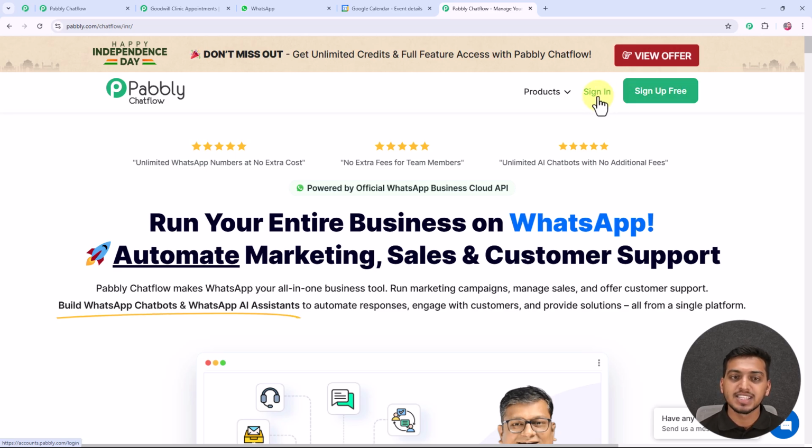So if you are an existing user, then you have to click on this sign in button. But if you are a new user to Pabbly Chatflow, then you have to click on this sign up free button, and from this button you can create your free account. For your information, let me tell you that Pabbly Chatflow gives every new user 100 free credits every month